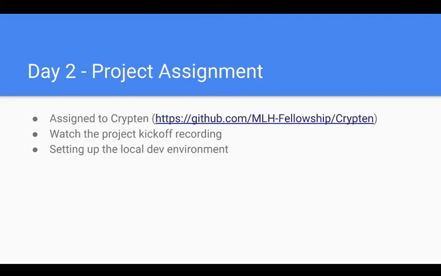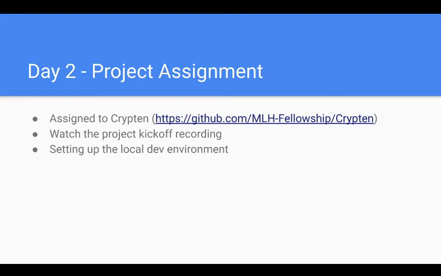All right. So day 2 was the project assignment. Recall I'm in the open source data focus track. So for open source, you will contribute to one of their partners' open source technologies. What I was assigned to is Krypton. You can take a look at the GitHub link to Krypton. It's a forked repository, so on that repository you can click on that little message to see the original repository there.